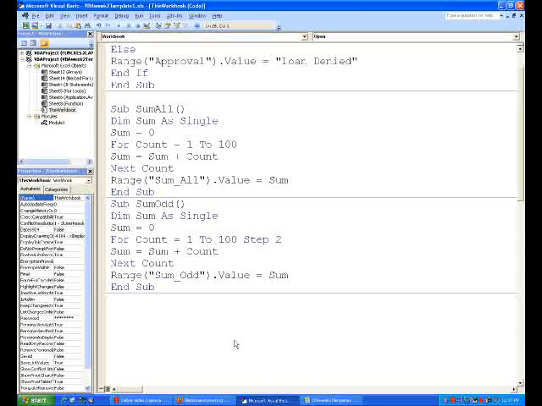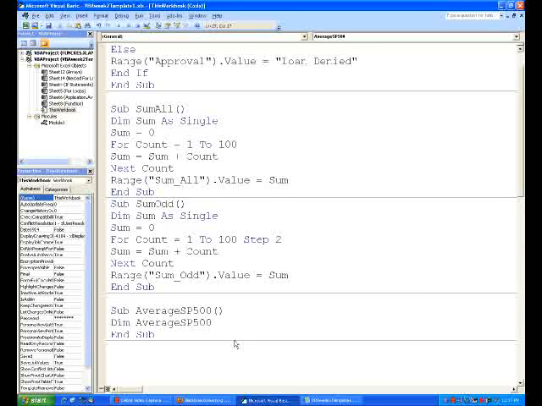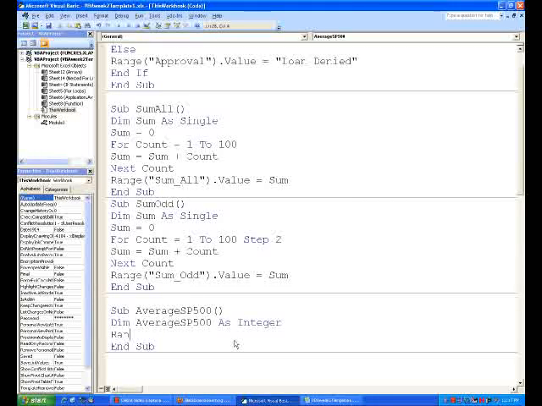So to do that, we define a subroutine. We'll just call it average SP500. Again, you could call it whatever you wanted to. And then we'll define a variable, again called SP500. And it's going to be a number, so we can define it as an integer. And we just want it to get all the range SP500